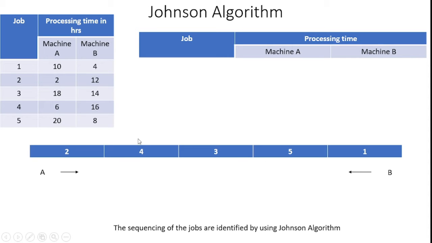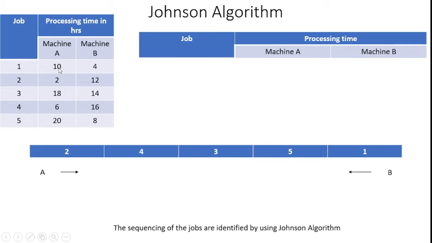What is the purpose? In our problem, 2 hours is the minimum, and it lies on machine A, for performing job 2. So I allocate job 2 for machine A in the first box from the left-hand side. Initially I started with machine A, and I allocate the second job in the first box. After that, I delete this row. I won't consider it again. The other rows available are 1, 3, 4, 5.